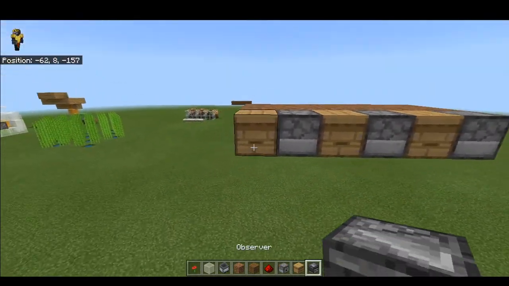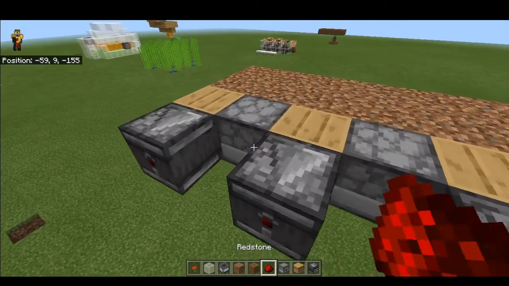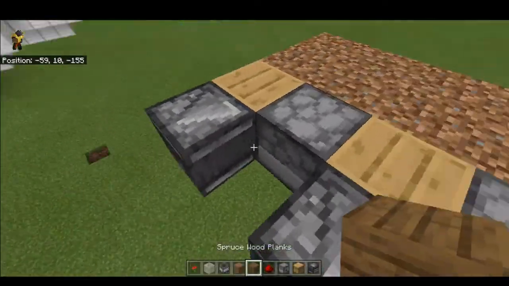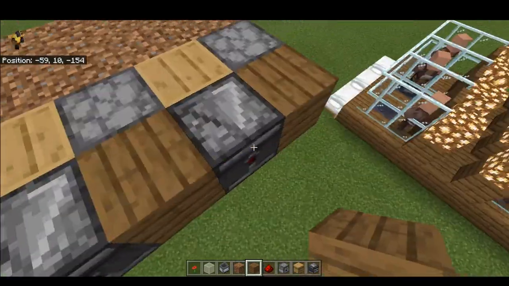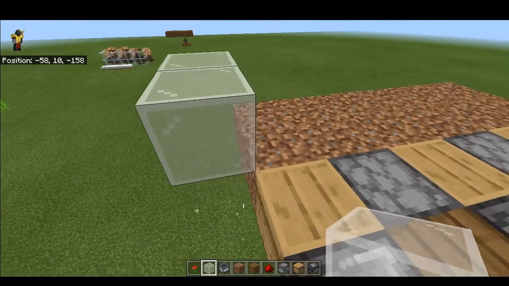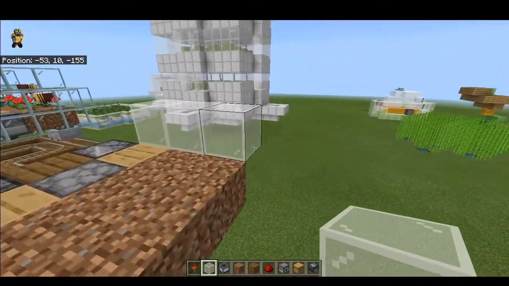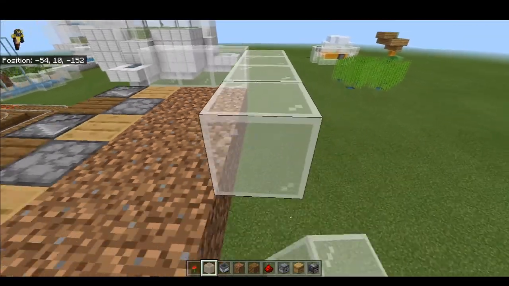And then get yourself the observer looking like this, and then get yourself some wood planks like this, and this. It has to be wood, okay? This one has to be wood. And then use glass. I mean, use any type of block over here you want,